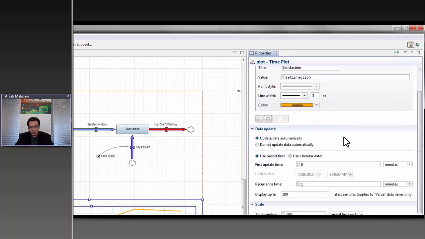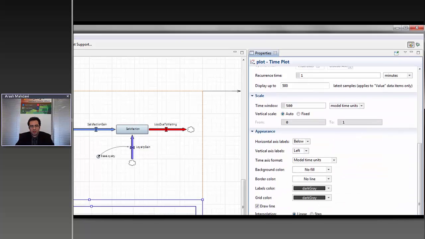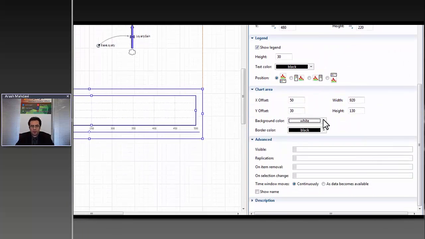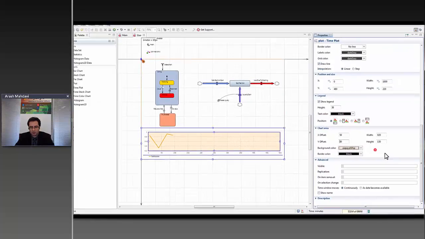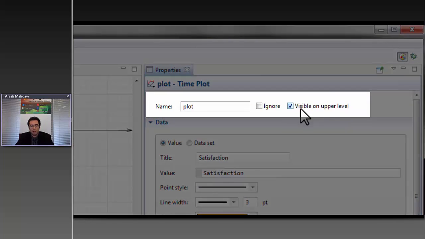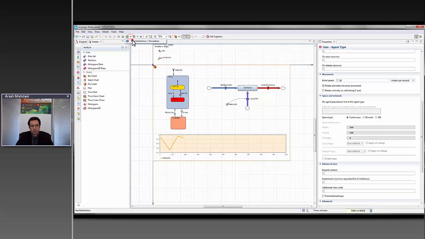We set some of these visual options. Again, we're going to get a sample at each minute, but just remember this satisfaction level is a continuous thing. So if you gather more information, like every second, the plot will be different. But we do not need that much detailed numbers, so 1 per minute would be enough for our cases. And we uncheck the visible on upper level options, so these charts won't be visible on the runtime in the